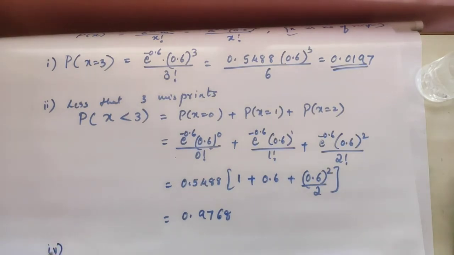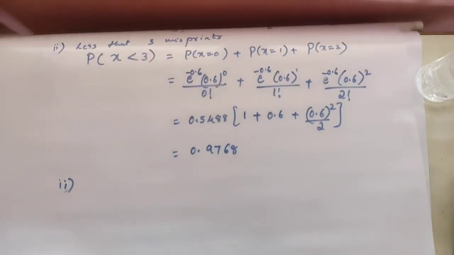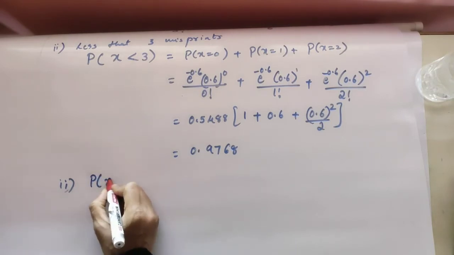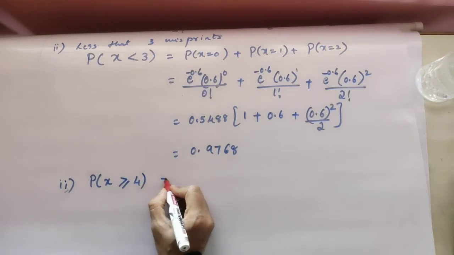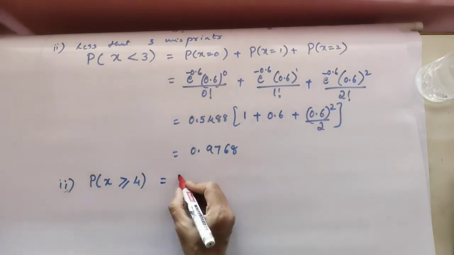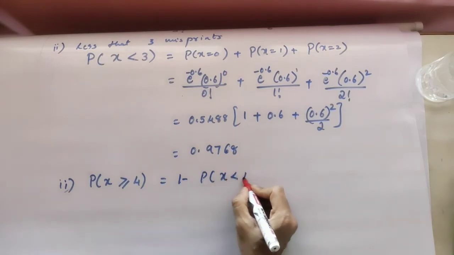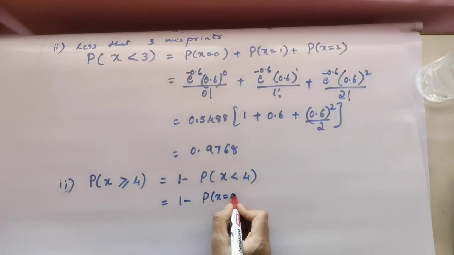Finally, the third one you are working for. The question says 4 or more misprints. 4 or more misprints means P of x greater than or equal to 4. This corresponds to 1 minus P of x less than 4, or it is 1 minus P of x is equal to 0